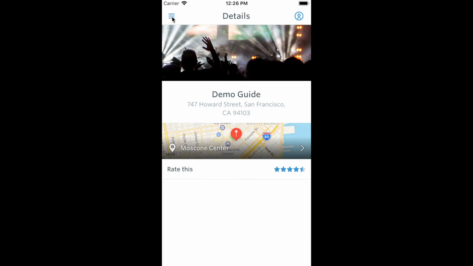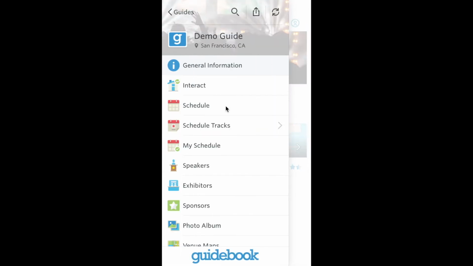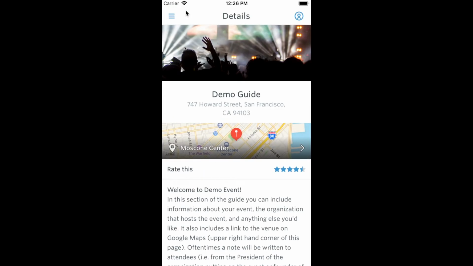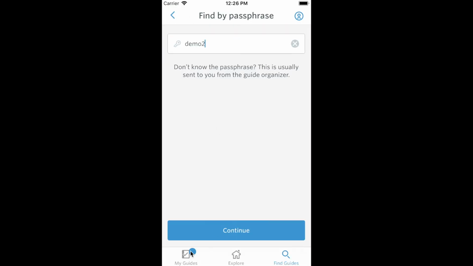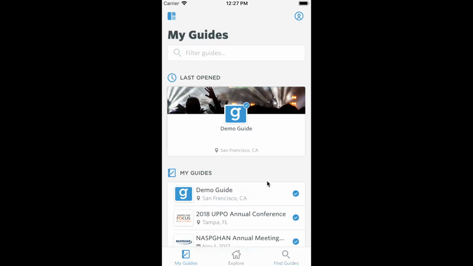Again, information will load, and you can also look at the navigation bar, take a look at the Interact feed or the schedule, and tap back out to Guides. Again, the blue dot appears in My Guides, and Demo Guide has been added to our guides. If you've been invited to an invite-only guide,